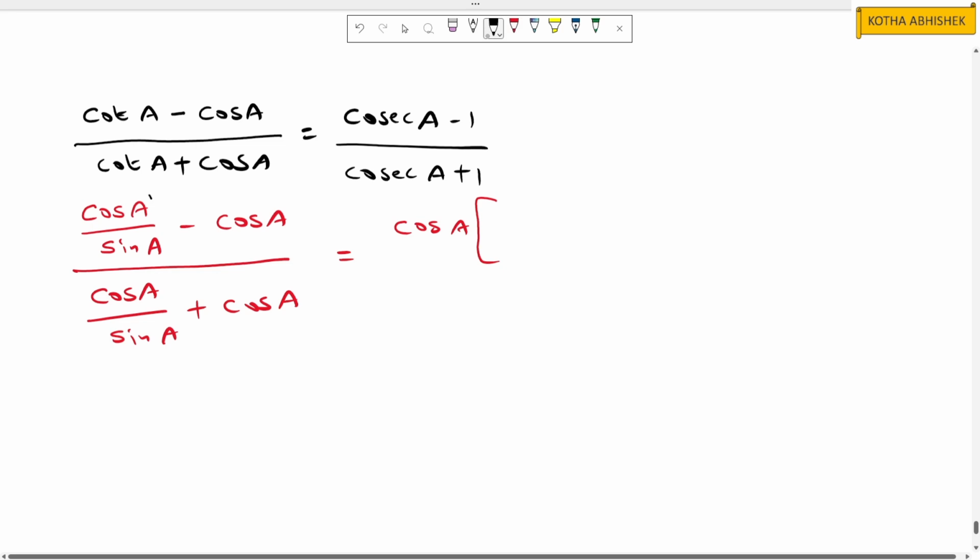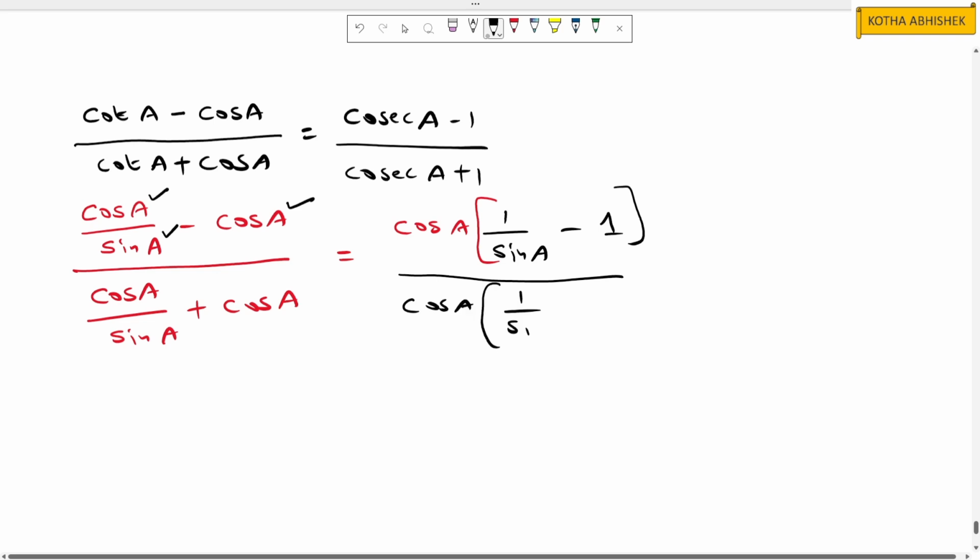Here we have cos A divided by sin A. From the numerator I took cos A common, so we remain with 1 by sin A minus, here we have only one term cos A, that cos A I already took common, so we remain with 1, whole divided by, in the denominator also I am doing the same, cos A if we take common, then we remain with 1 by sin A plus 1. Now in the numerator and denominator this cos A will get cancelled. Then we remained with